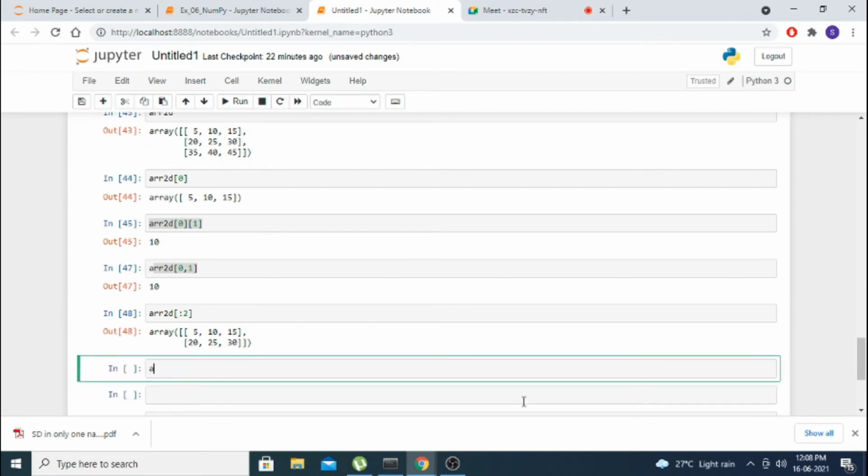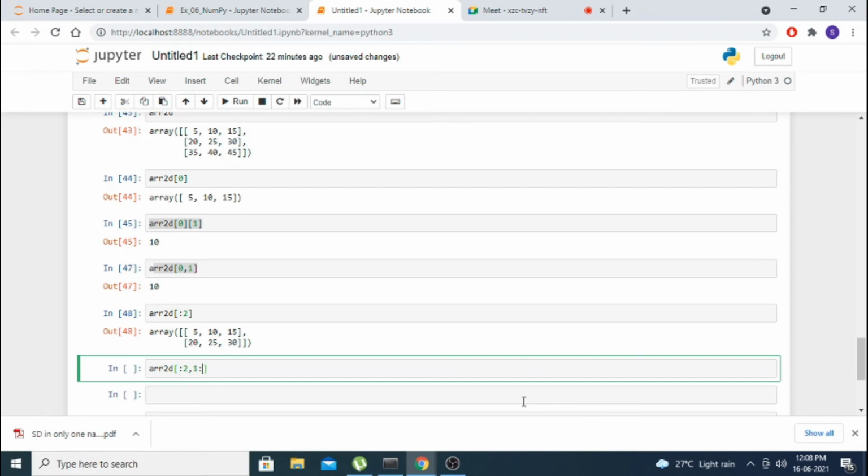Now in this matrix I want only 10, 15, 25 and 30. So arr 2D, I already gave colon 2, and I want to remove the first column only. So I want to remove index 0, so the starting place is 1 colon. You can see I am giving a colon before 2 and a colon after 1.